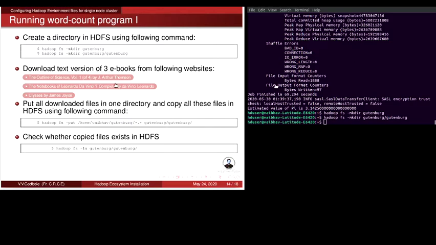What I have done here is I have downloaded 3 files from these 3 different resources and stored these files into my home folder's Gutenberg directory. Then by using Hadoop's hadoop fs -put command, you need to copy the files from the Gutenberg directory into the Hadoop HDFS directory. So let us run this command.